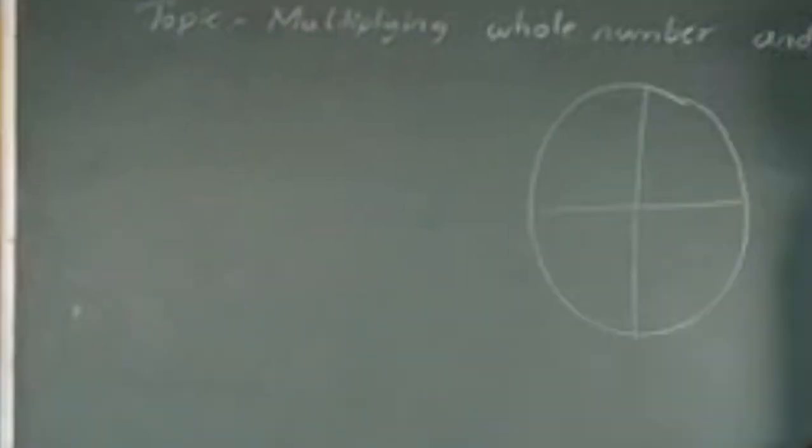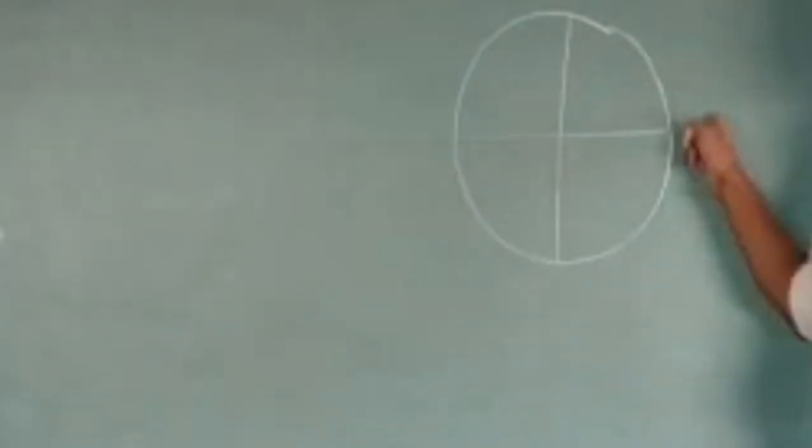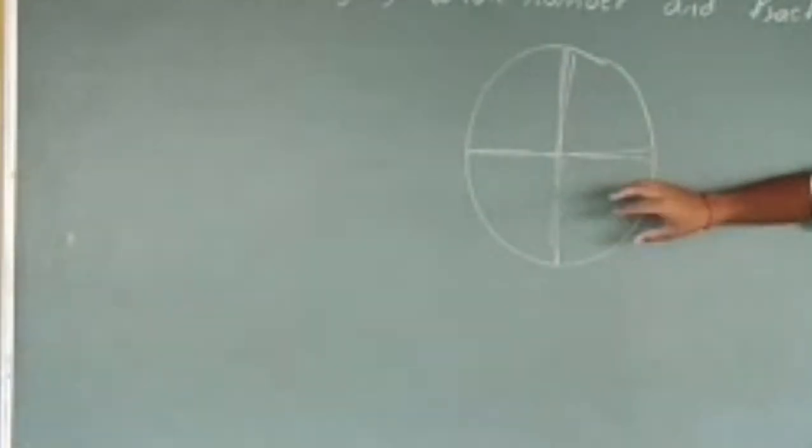Now the whole is the circle. Whether you take this part or this third part or fourth part, all are equal and they are the parts of the whole, right? Now, what fractional numbers will say is they will tell the parts of the whole. There is some complete